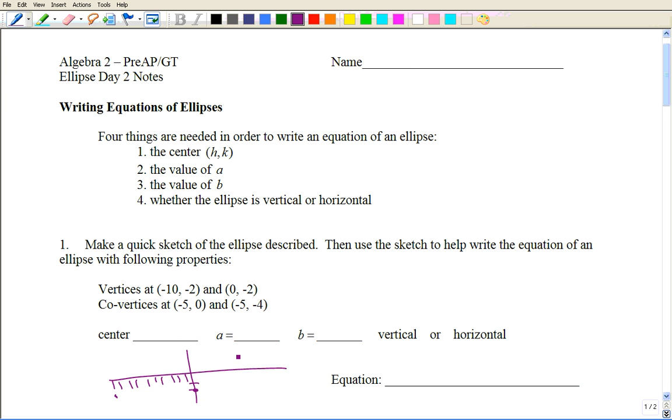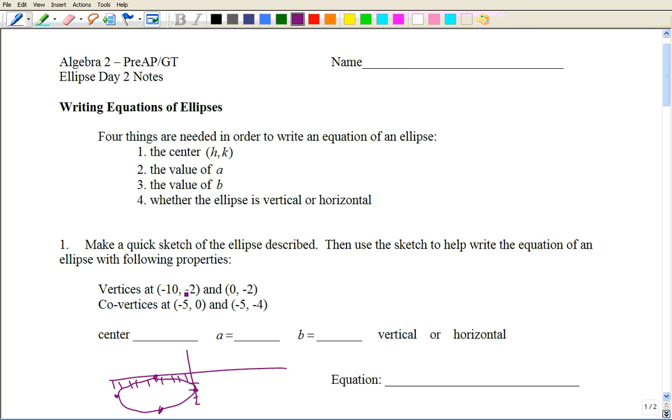We have co-vertices at -5, 0 and -5, -4. So there are all of the edges of our ellipse. You wouldn't really need to draw this graph if you know the properties, but